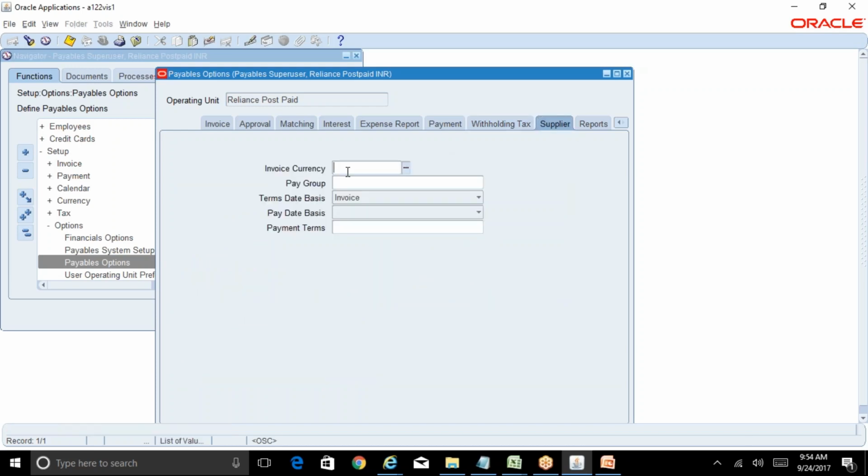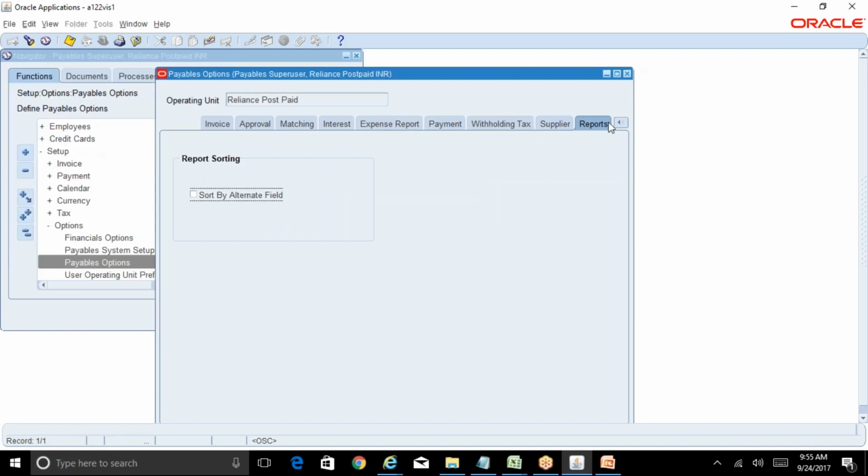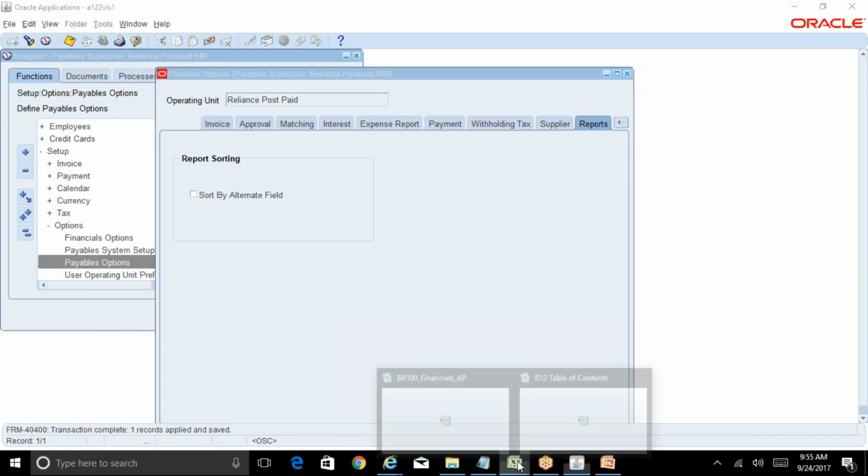And what is the default invoice currency for suppliers? You can say INR. And what is the default pay group? You can say standard. And pay date terms, on what is the default pay date, due date, and what is the default payment terms? 30 days. You can say 30 net. That's it. Save this. Okay. So that completes the